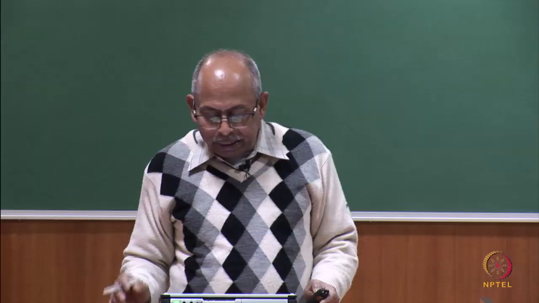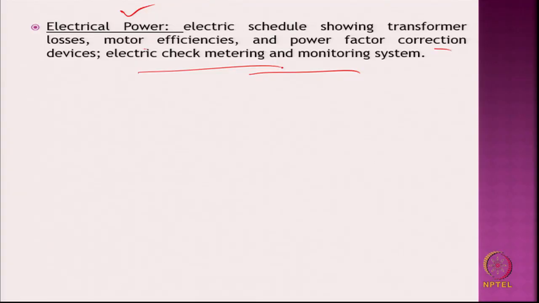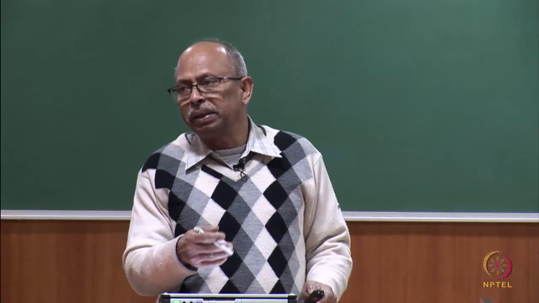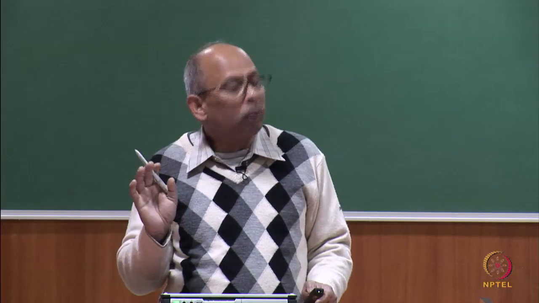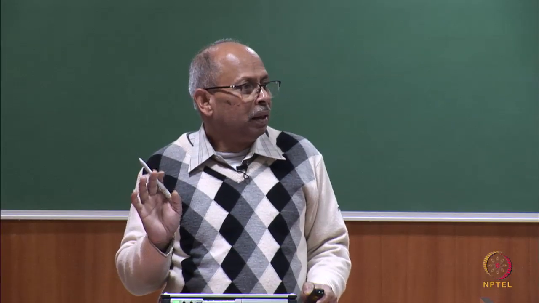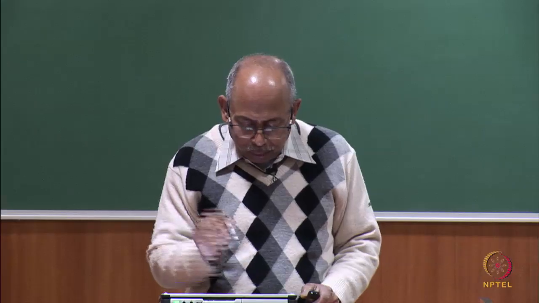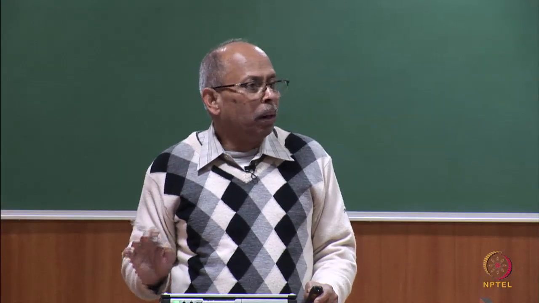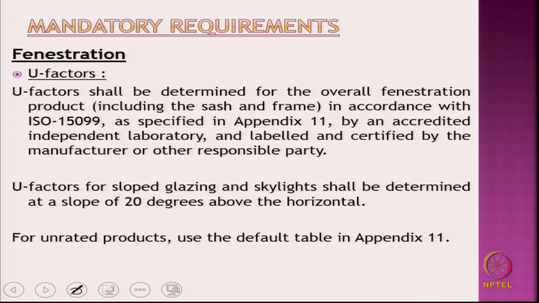So, electrical check metering and monitoring systems, all those devices that are being used for the electrical system, also form part of it, but we are not really interested in this. For our purpose, we are interested more in the envelope. So, we already have said what U factors are, what U values are, right. So, for glass, for example, fenestration means glass, according to which code and how will you determine, that is given,